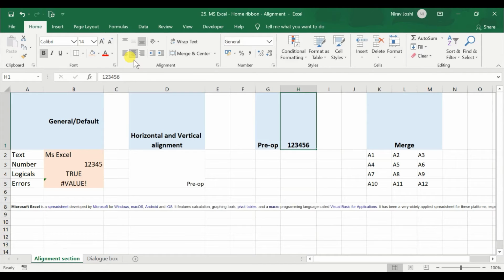Suppose I have made a left alignment for this one, and routinely the numbers are right aligned in a horizontal manner. If I select this one again, it would come to right alignment. But the difference between these two is that here it will show as bottom alignment, but here it will not show as right alignment. So whenever we toggle anything, it comes back to the default.